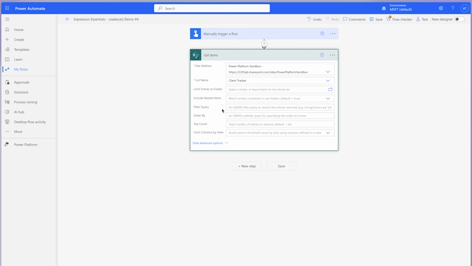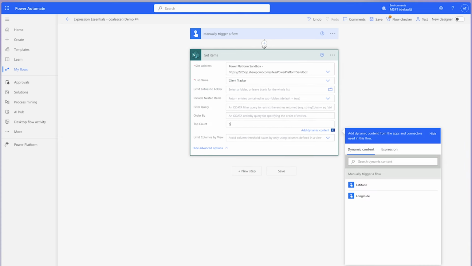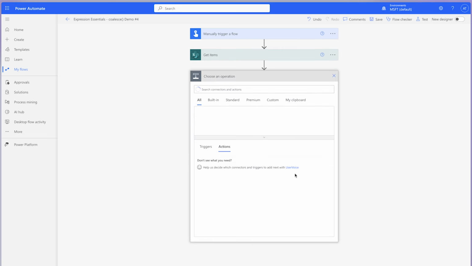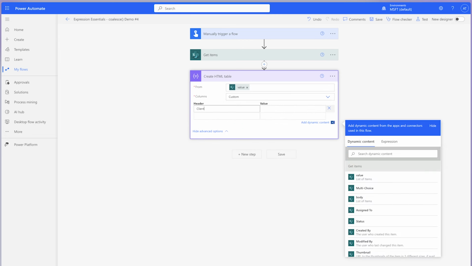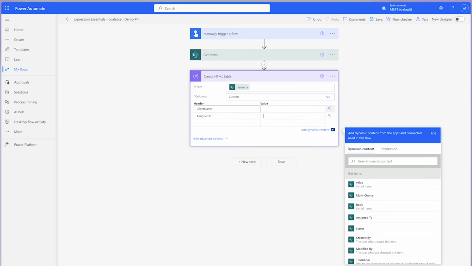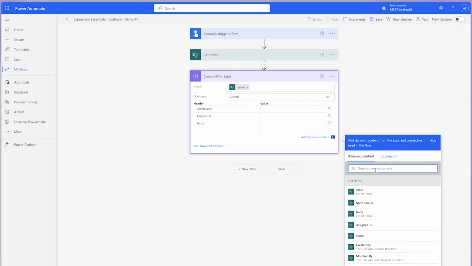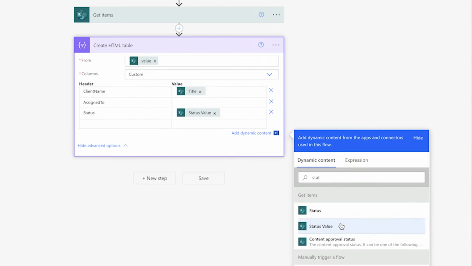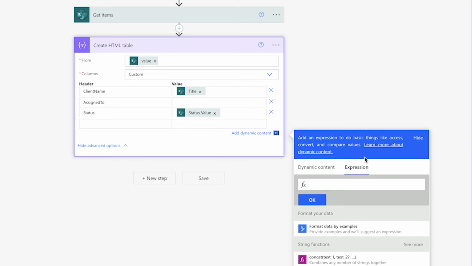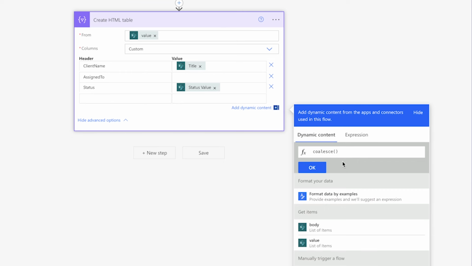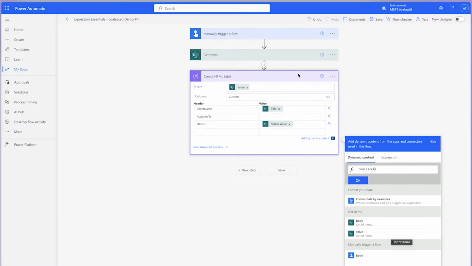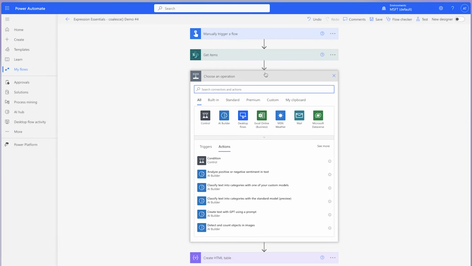In the get items action of my flow, I'm going to limit the number of items returned to 5. I'm going to use the create HTML action to output some of the values from my SharePoint list. For the assigned to value field, I'll insert the coalesce function. However, when I try to insert dynamic content into the coalesce function, the only options I have to select from are body and value. Just as we've done earlier, I'm going to use a compose action to get the dynamic